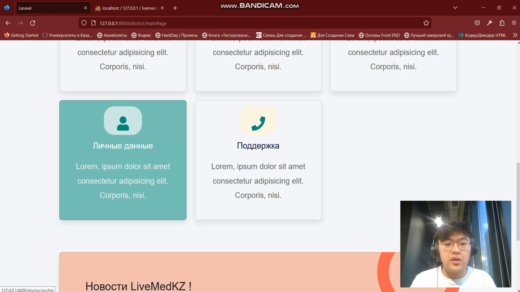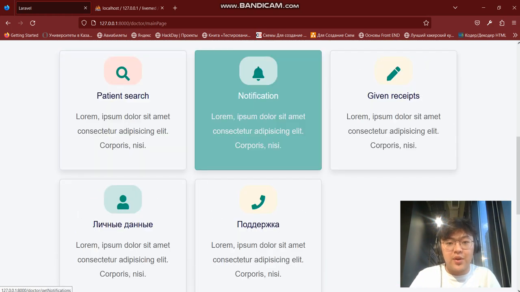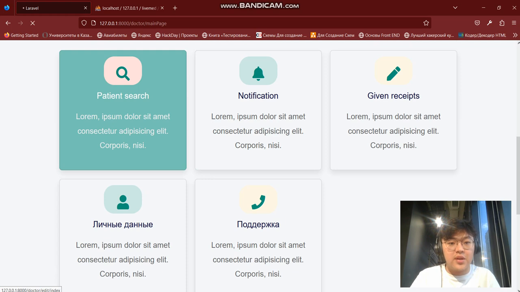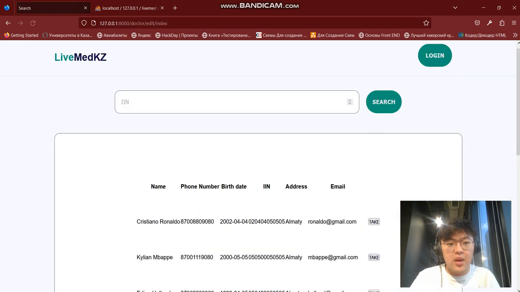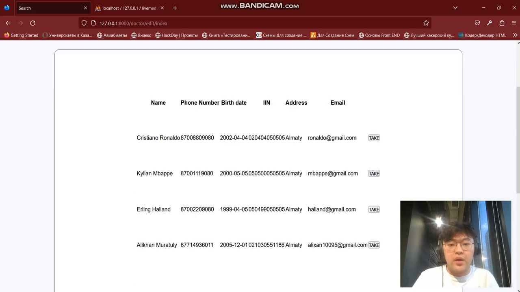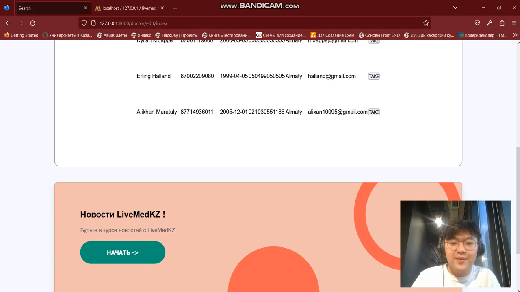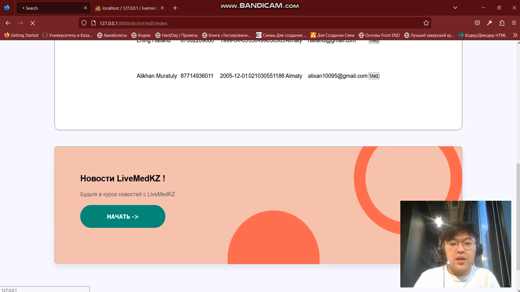The doctor can see his own information in the personal data section. Searching, okay, let's view a certain patient. He can search for the patient, and he selects the person who needs the prescription